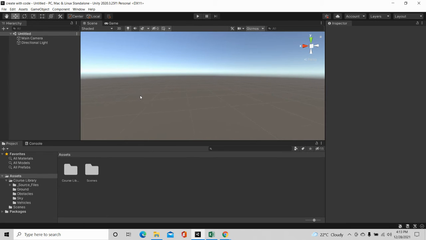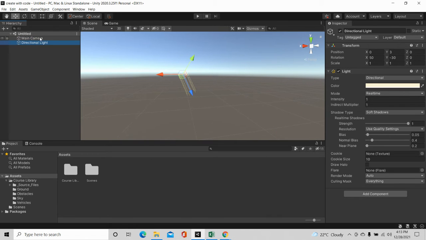You can see that we have created a scene that contains a simple camera and a directional light, that is sunlight. In order to create gaming objects, you can see here the directional light. It can be changed in the similar manner as when you are using the five tools. This is the drag tool, so we can drag around the scene. Then this is the move tool, this is the rotate tool, this is the scale tool, and this is the rect tool. I've told you about these tools.